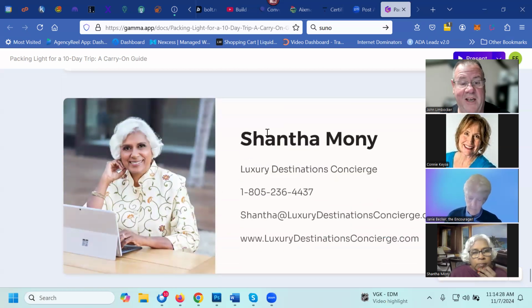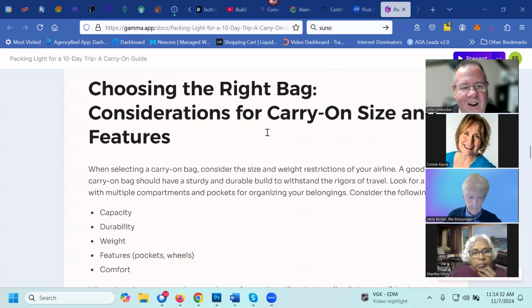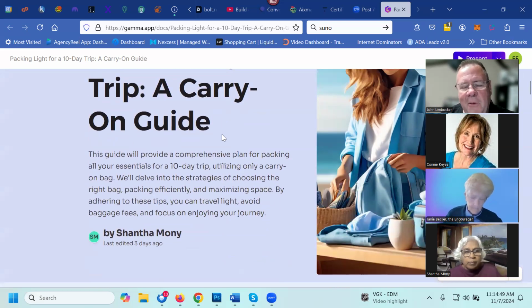So what I would recommend to Shantha is go through here and all the stuff. If this thing is gearing you toward buying stuff, put the affiliate links in. If it's not, use your creativity to ask what products are available that would help this person do this functionality.